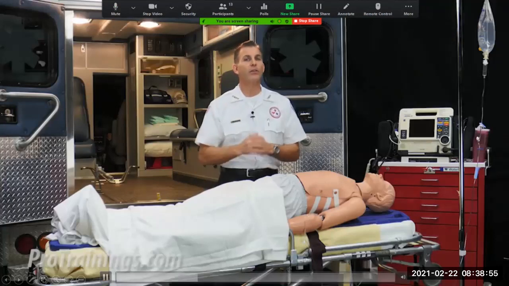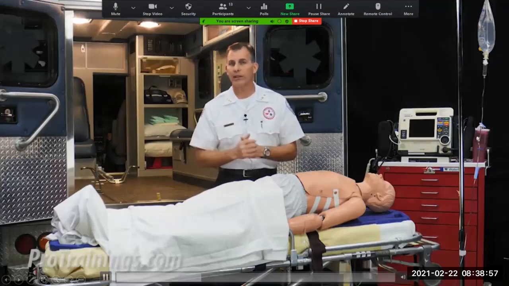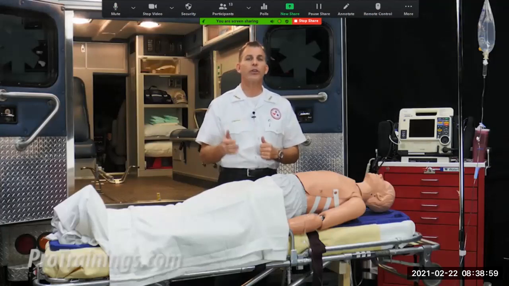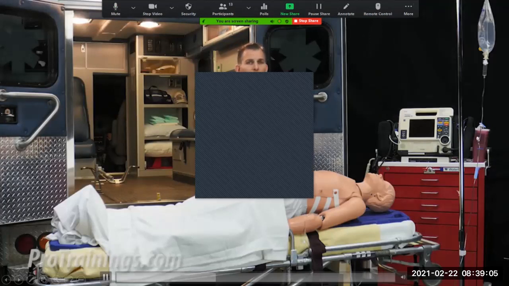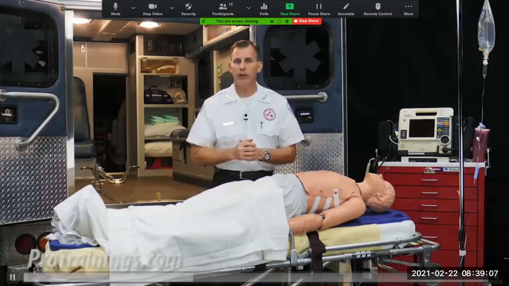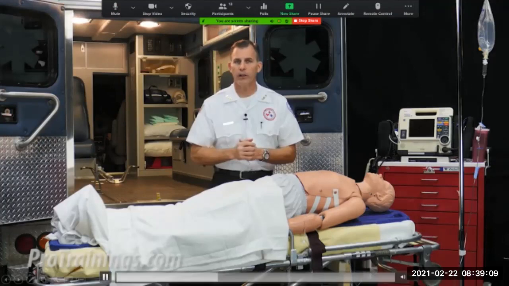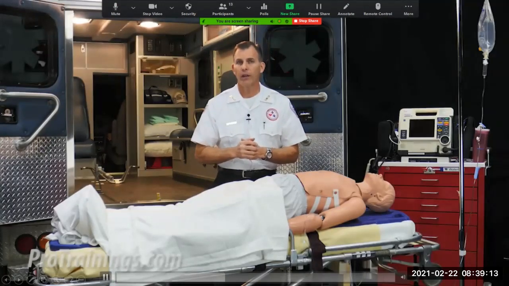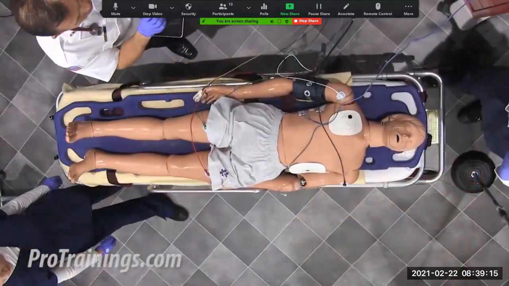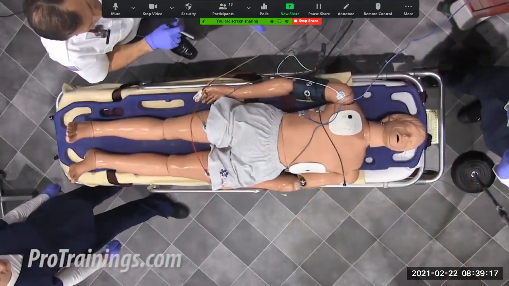Based on the vitals, it looks like the atropine was ineffective. The assistant tells you that the heart rate and the blood pressure both went down and the patient just became unconscious. Now we have an unstable bradycardia. We need to start transcutaneous pacing right away. We direct the assistant to apply the pacing pads and turn the pacer on.